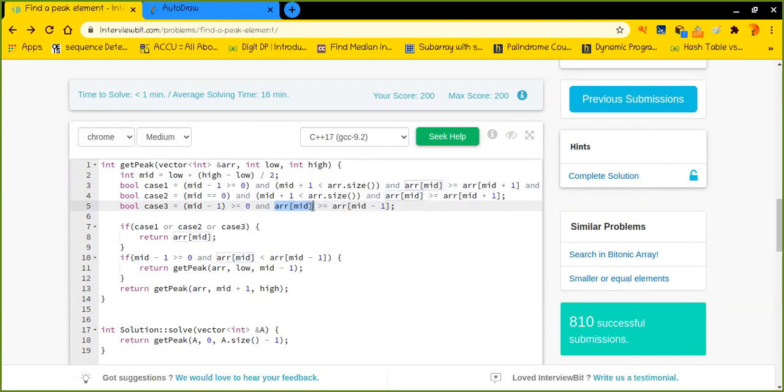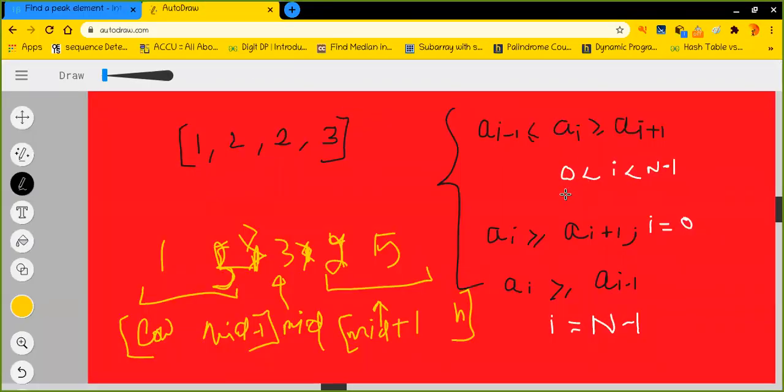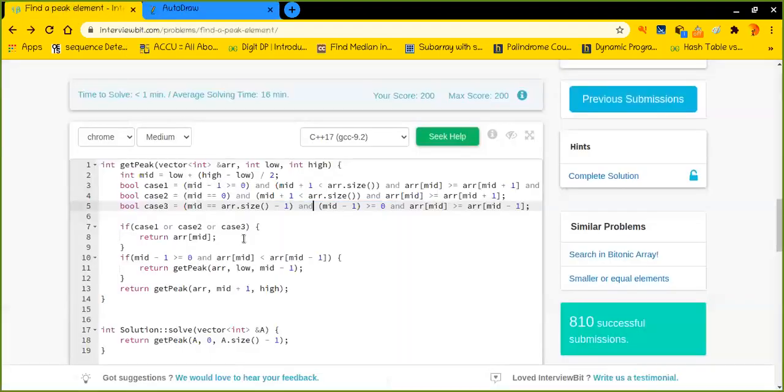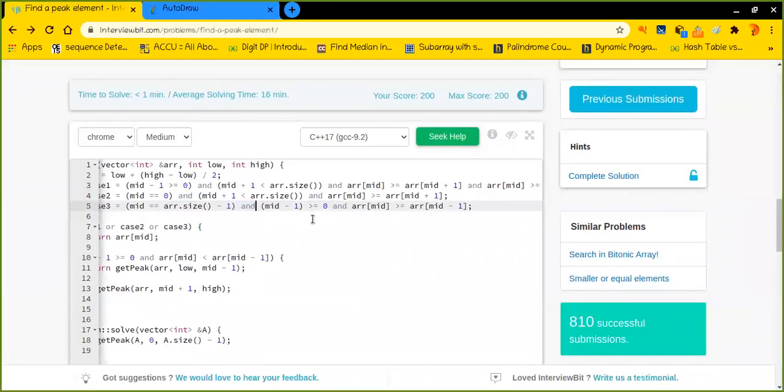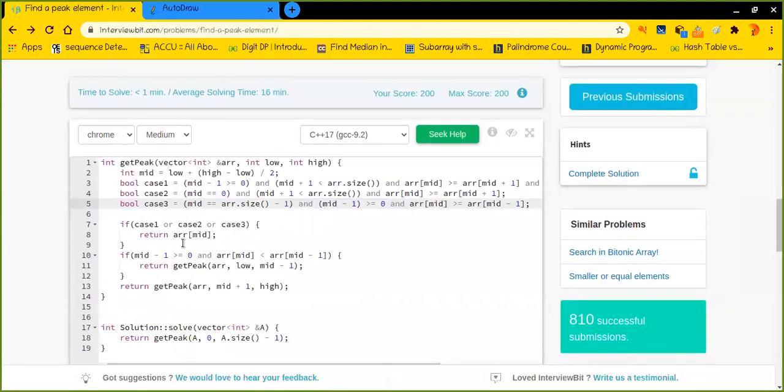So when the mid element is bigger than its left neighbor, that should happen when I am referring to the middle as the last element. Okay, so I have clearly written all these things right here. It is obviously no problem. Perfect, so it is all fine.